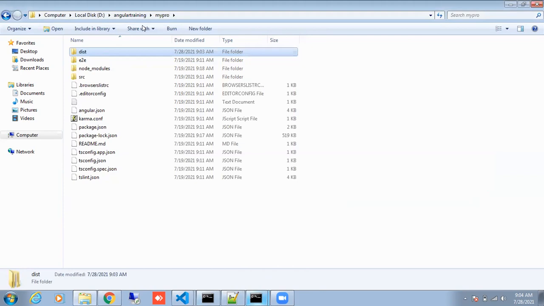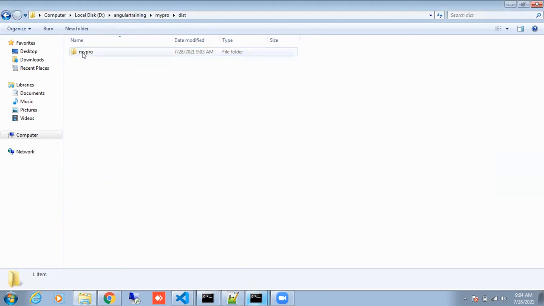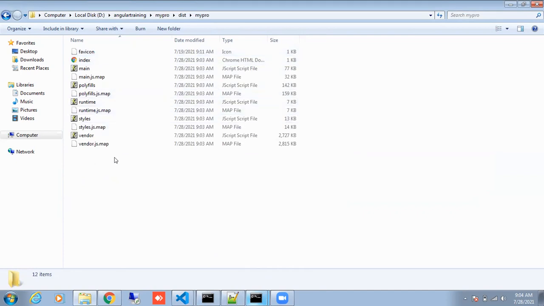If you see, another folder is created called dist. If you go inside, you can see you do not have any modules, components, or templates anymore. You just have a bunch of JS files. Are you clear? This particular folder you can deploy anywhere, on any server. Your project will work as usual, the way it is working here. Are you getting it? Saket, got it? Can you just check the size of this folder?